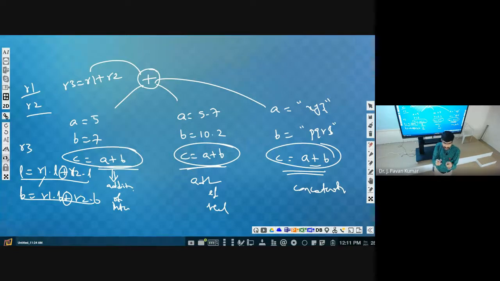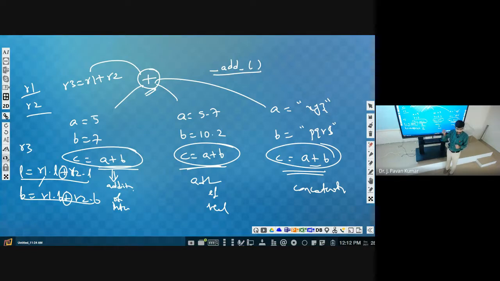Understand? What is our intention? We want to use the plus operator between objects. What kind of objects? Rectangular objects now. So we have to provide this additional functionality. We do it by defining a new function with the name underscore add underscore. This is the function name. Whenever we want to overload the addition operator, we have to give a definition to this function.